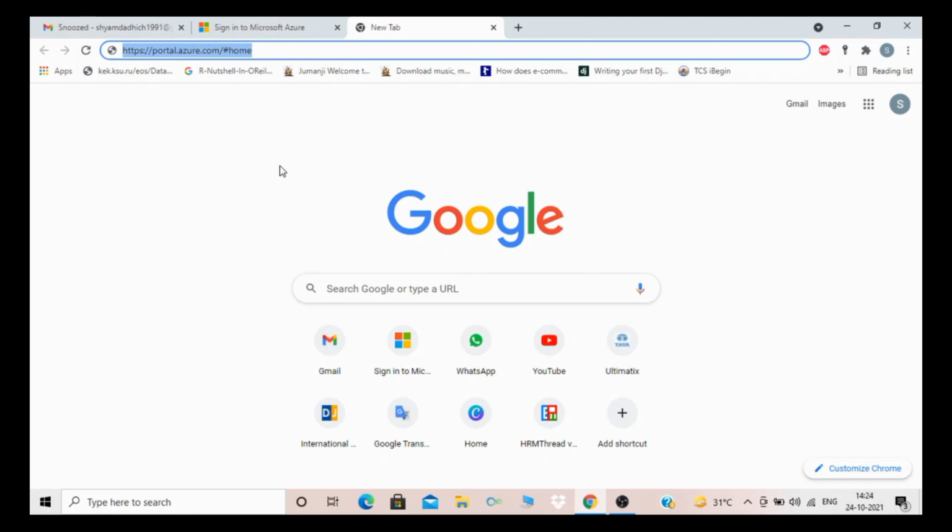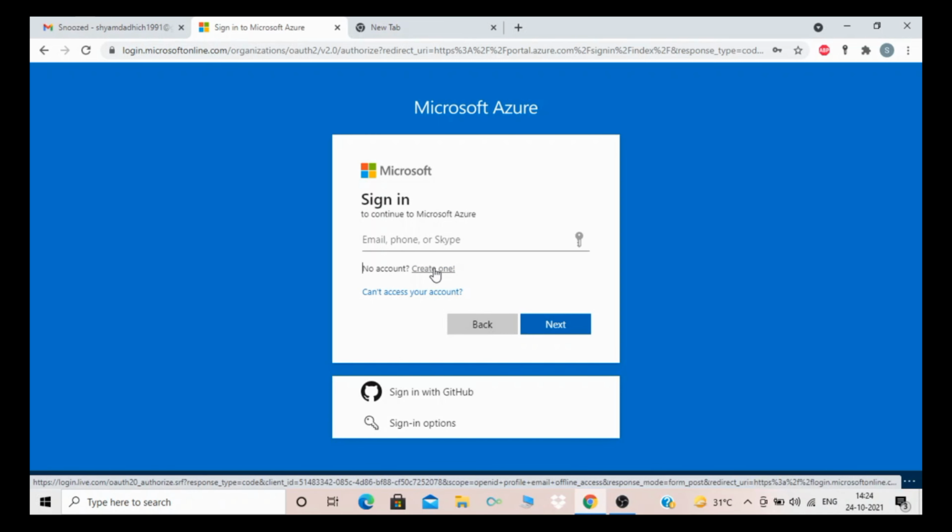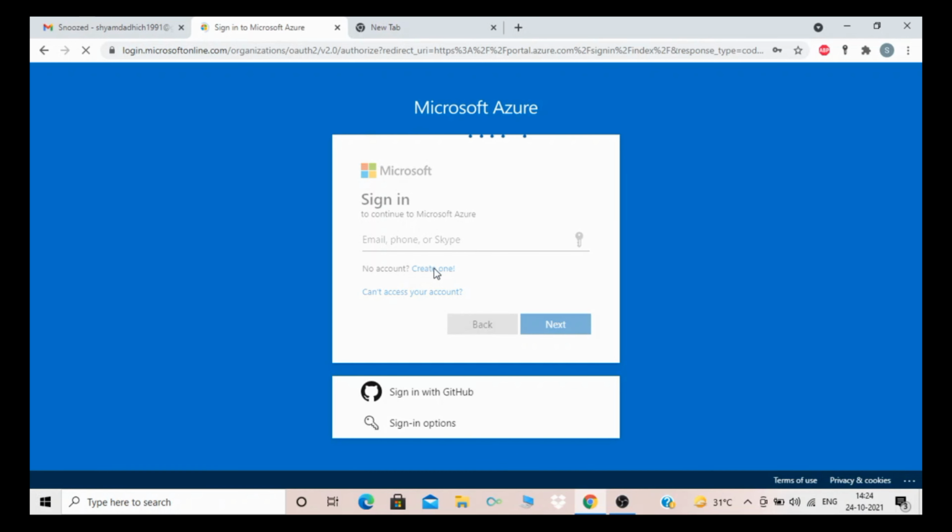Once you click on that, this page will open at your end. If you already have an account, you can use that email. If you do not have an account, as we are creating a free account, we will create one. To create an account, you need to click on Create one. So I just click on that Create one.